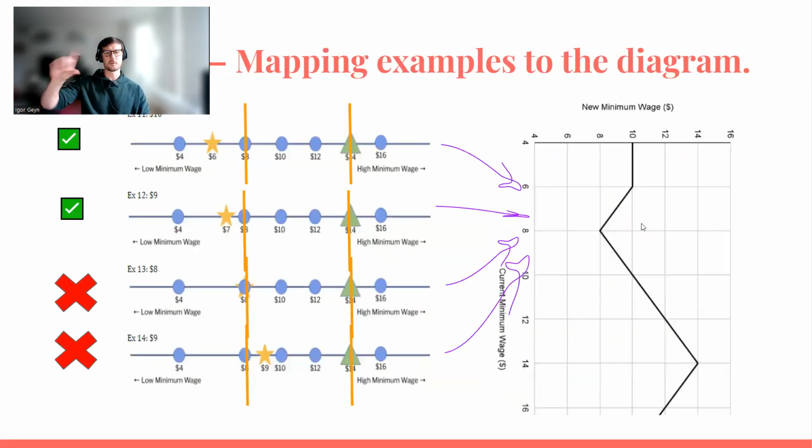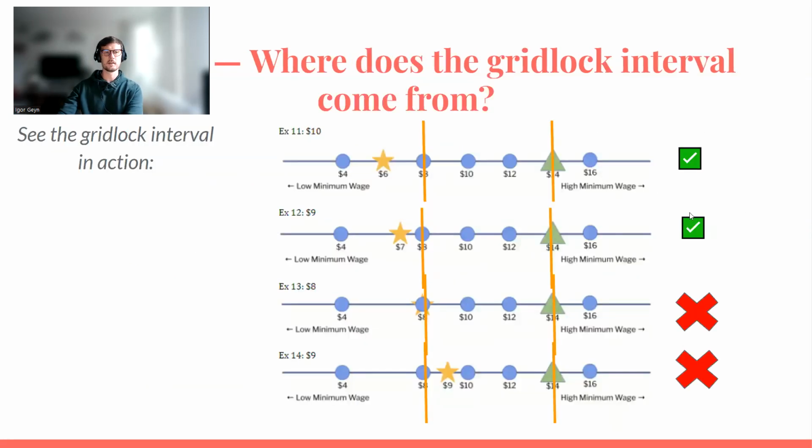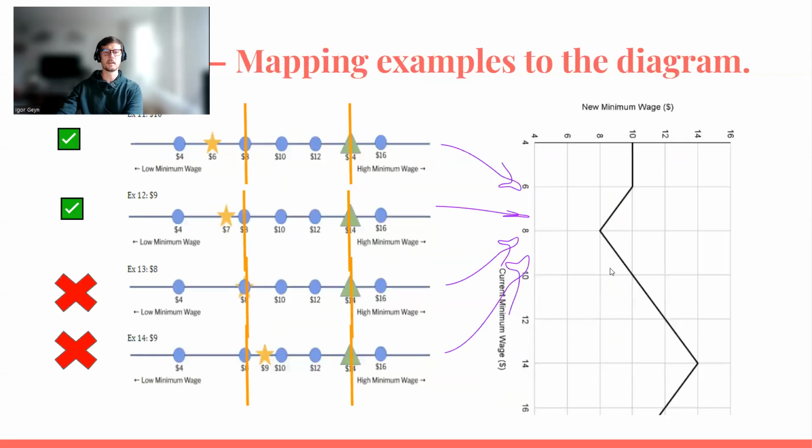And to just connect that graph to the examples that we were talking about here, right? The examples that showed us that when the status quo is outside the gridlock interval, there's policy change. And when the status quo is within the gridlock interval, there is not policy change. We can connect those examples to the graph that I just showed you, right? Which is to say that we can look,